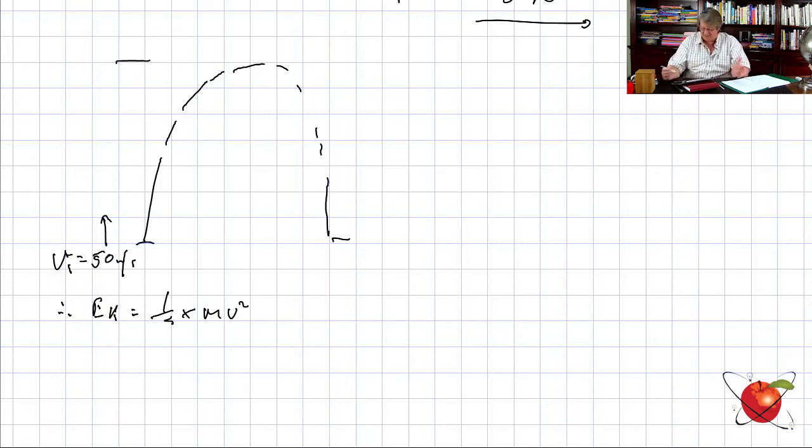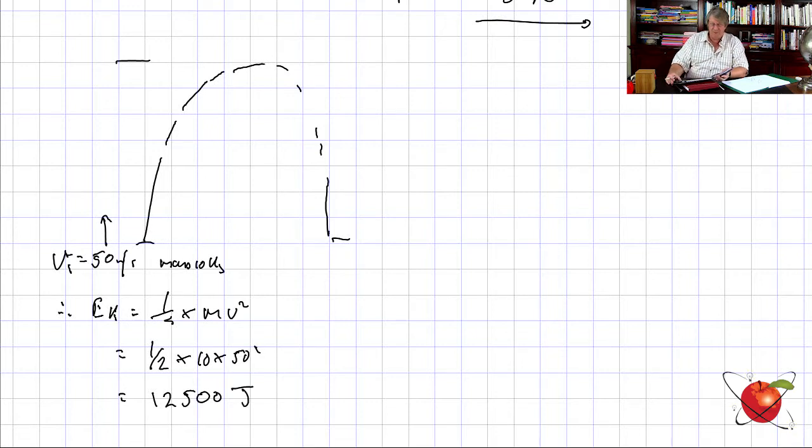Let's say it weighs 10 kilograms, but please note you don't need it. So EK is a half times 10 times 50 squared, which is 5 times 50 squared, divided by 2, is 12,500